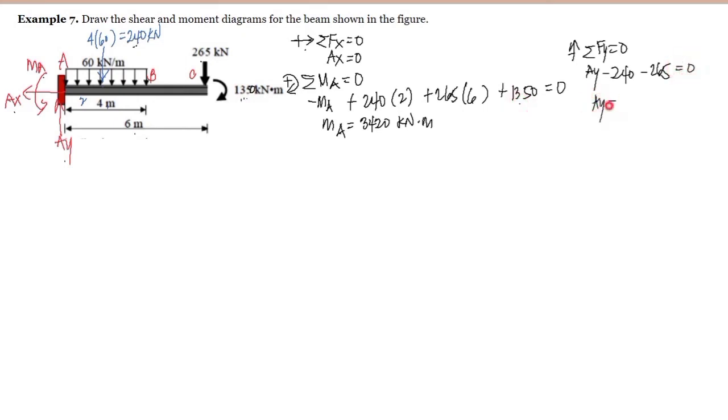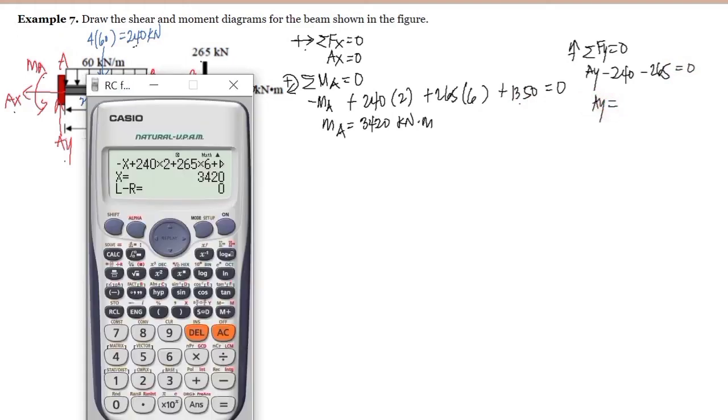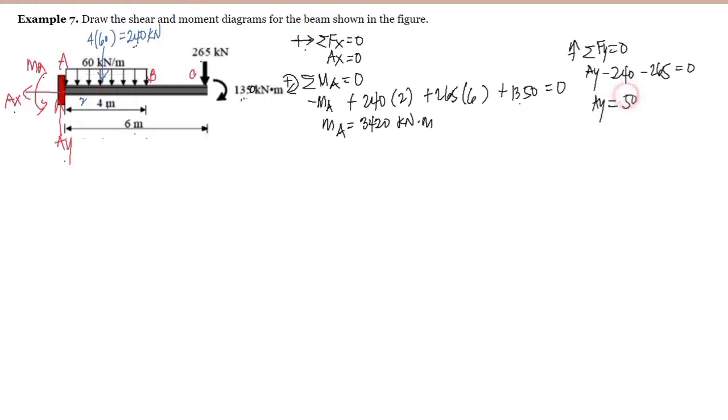So AY is equal to 240 plus 265, and that is equal to 505 kilonewton. So AY is equal to 505, and this moment at A here is equal